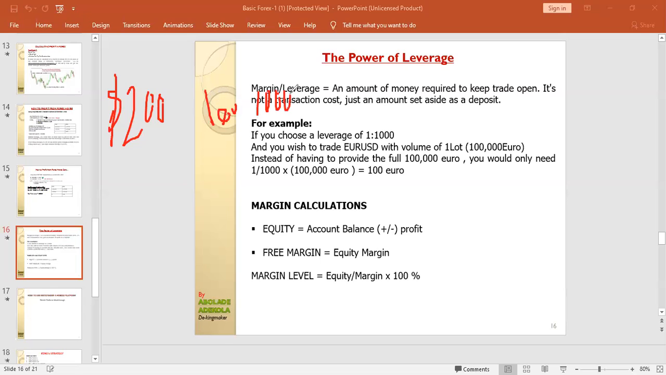Leverage 1000. Please bear with me. I hope you can understand the way my pencil is performing. Now, leverage 1000 based on $200. Remember, if you want to trade one full lot size, because you are using leverage 1 to 1000, you need a deposit of $100, a deposit of $100 for you to trade one full lot